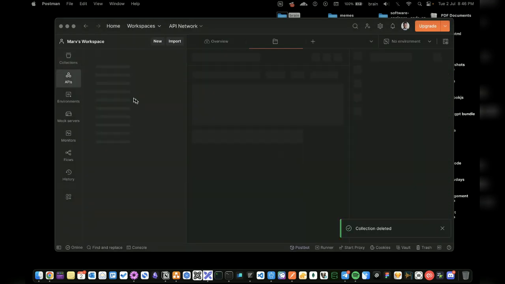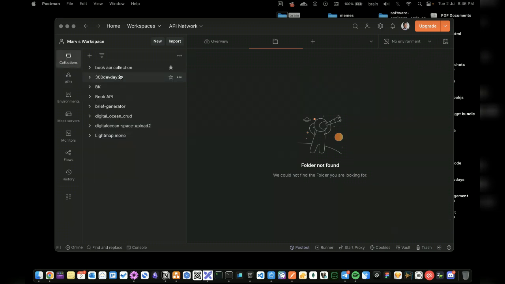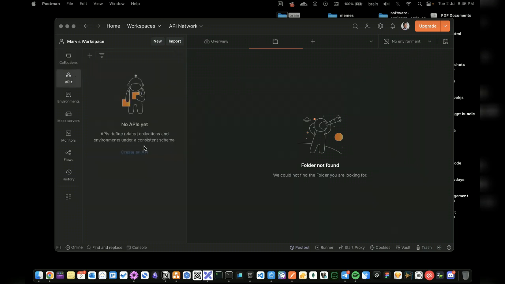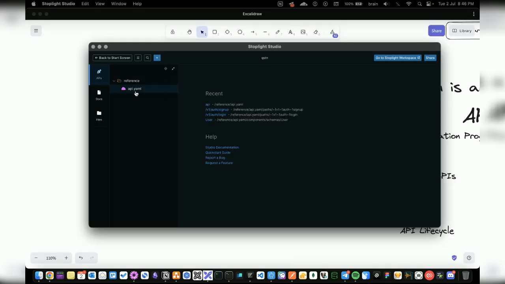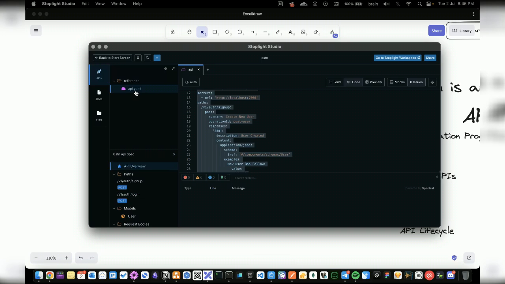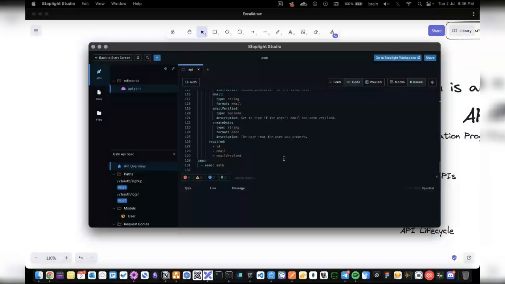Although a collection simply references the API, the point of having APIs here is that you can create that API definition, and that is what I'll be explaining to you probably on a different call with a tool called Stoplight Studio. So if you take a look at this, for example, I just designed an API for user authentication and login, right? You see I have posts for sign up, I have login right here. So basically this is the code used for designing that.